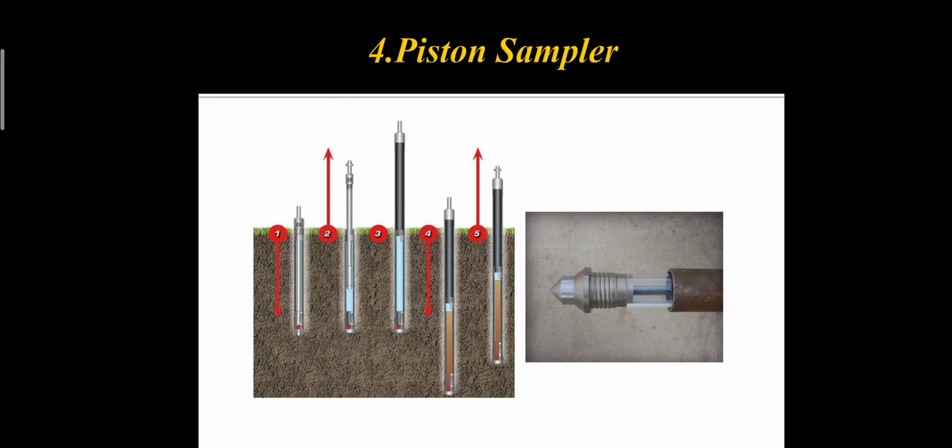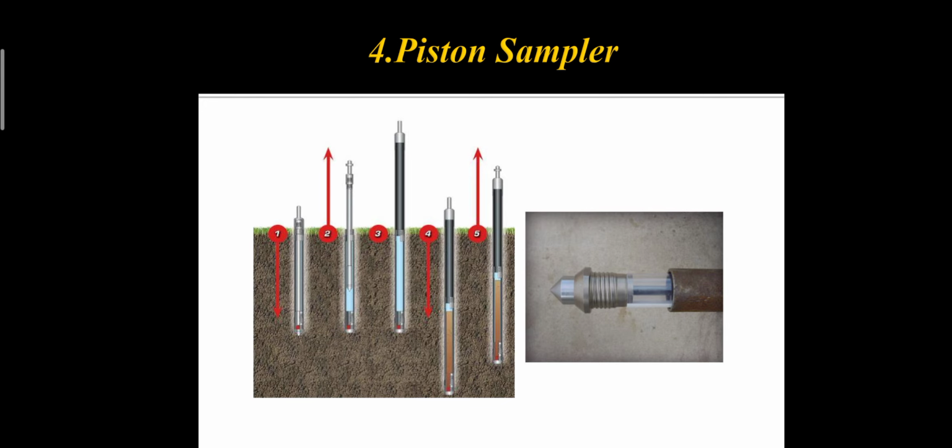So the same principle is for the piston sampler. Completely inside, slowly the piston is lifted, and in the third step the piston will be up. In that gap, the soil samples will be collected. The piston will be there, the needle will be injected inside. That is stage 3 and 4. You can see in the fourth stage the needle alone goes inside, takes the sample and comes up. The piston gets locked at a point.